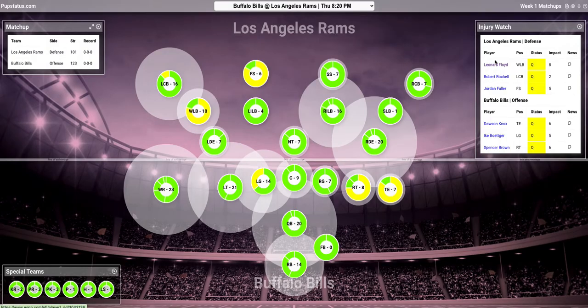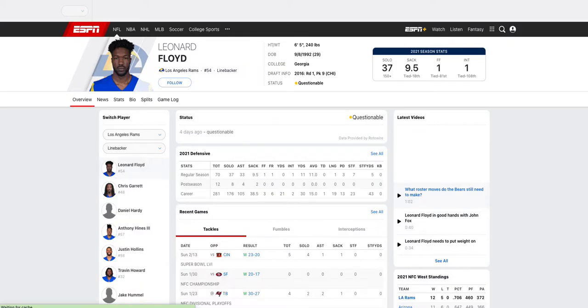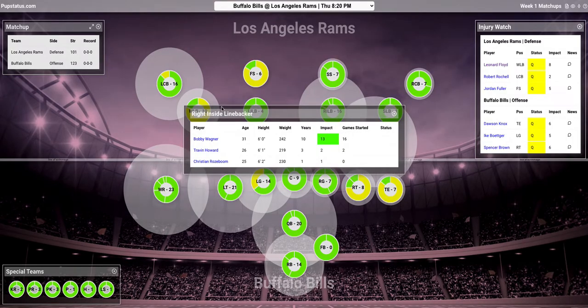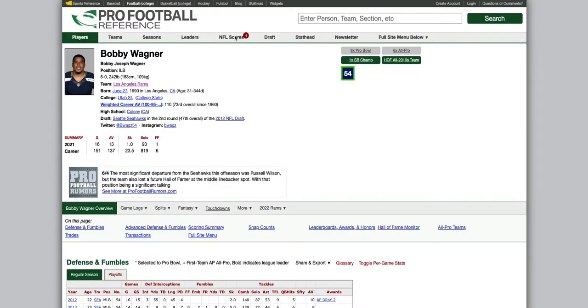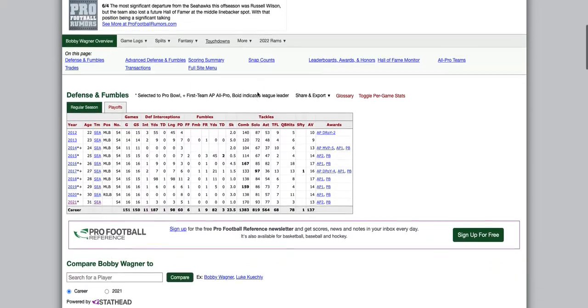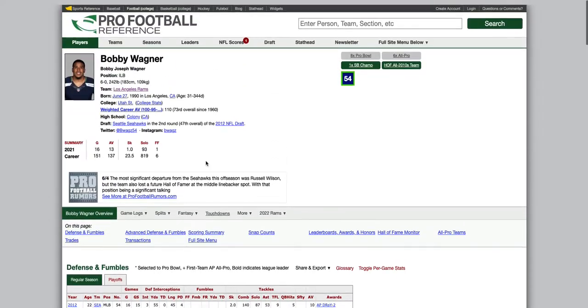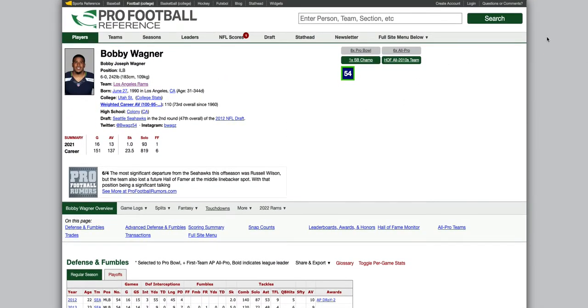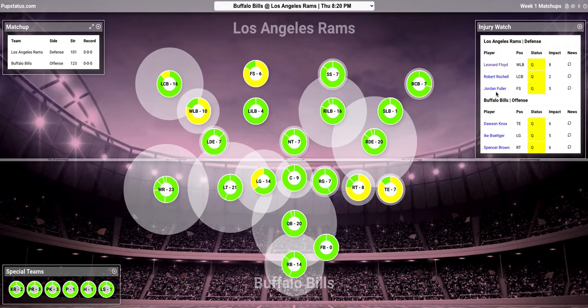I get a lot of my data from ESPN. I get my injury data from there. And then if you click through on the actual position, you're going to go to this Pro Football Reference page, which is also pretty amazing detail season after season for each player. This is also where I get the AV statistic, where you can see that person's value. Again, you can close and open these.